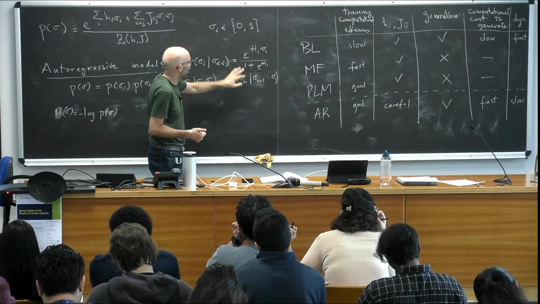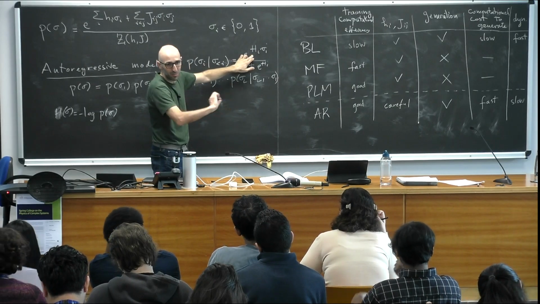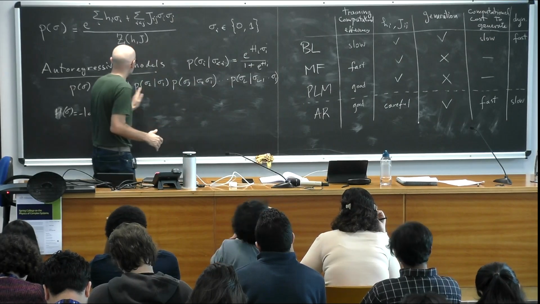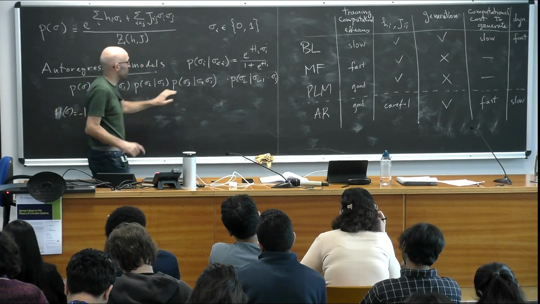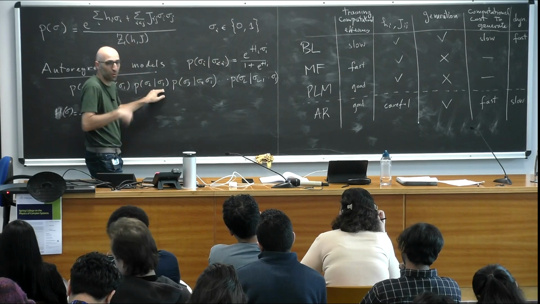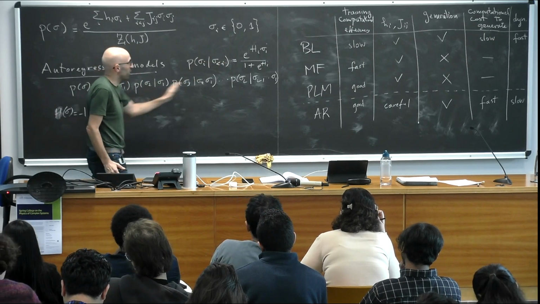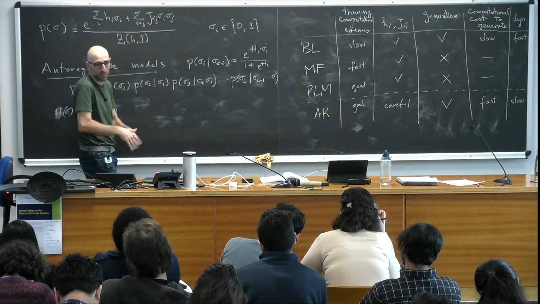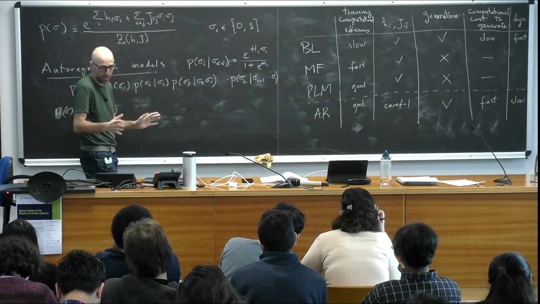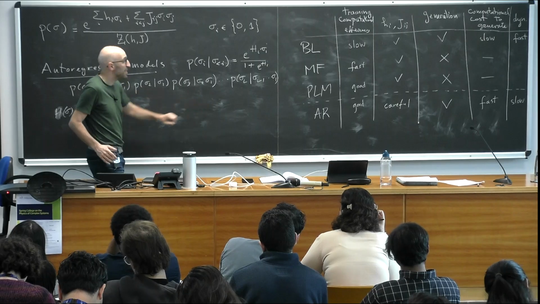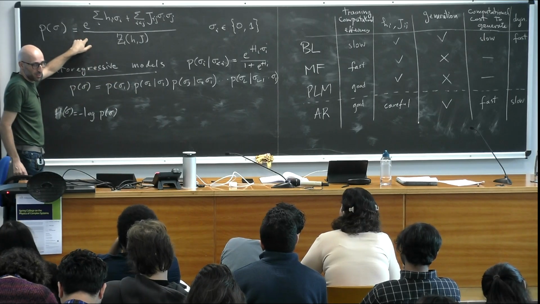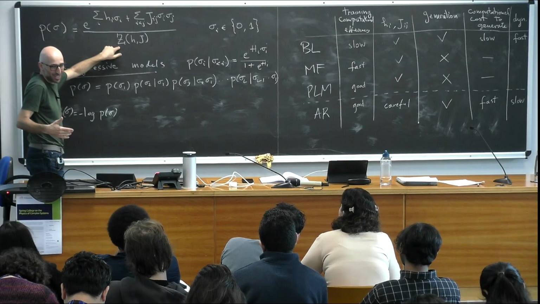Computing the field, I erased it, but the field is a linear combination, so it's of order L. So at each step, it takes of order L operations to compute the field, and one operation to draw the new state. So you have L states, each one takes L steps, so you have L square operations, and you get a new configuration. Here instead, you don't know how to sample from this distribution, because the partition function is,